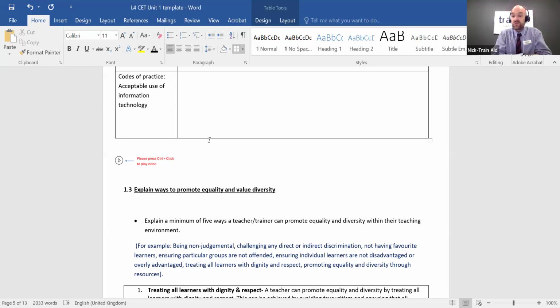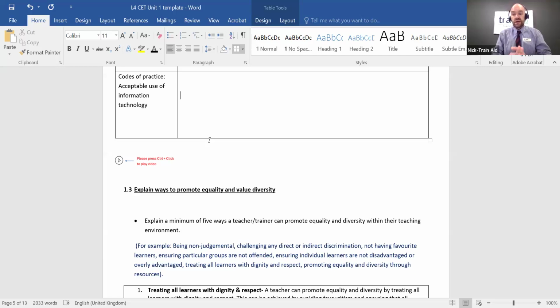Some teachers use mobile phones within the classroom as a learning tool. Other teachers will state to put your mobile phone just underneath your desk, perhaps within a bag, so they can't access their mobile phones. So it's very important to state when and where they can use their mobile phones or the internet. For some organizations, if you're working or perhaps observing a learner within a factory, for example, mobile phones should not be used because of the safety aspect and nature of the environment.